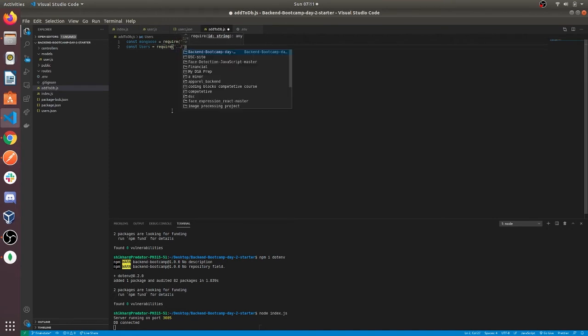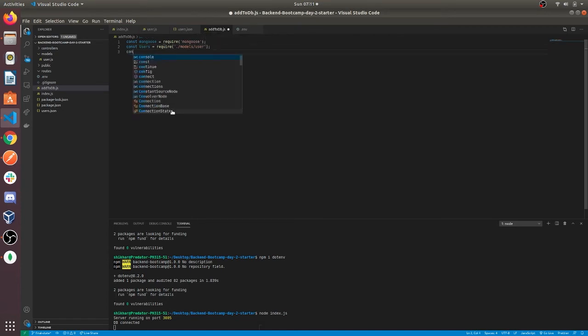I'm going to import the model we just created, and the data from our users.json.